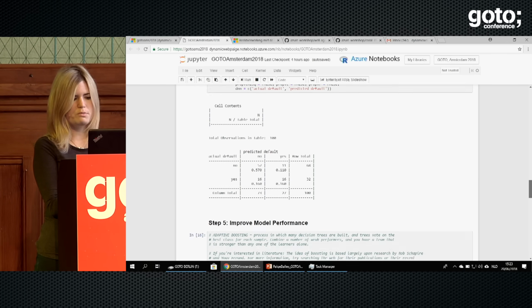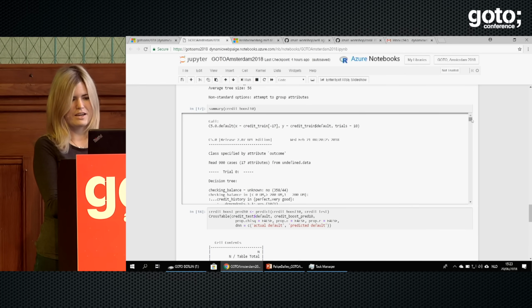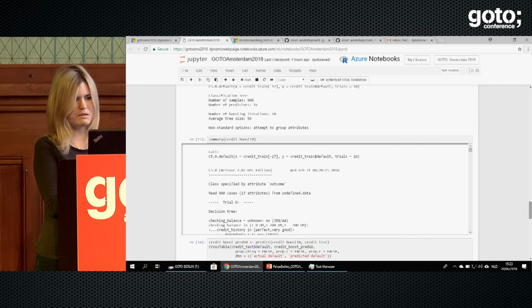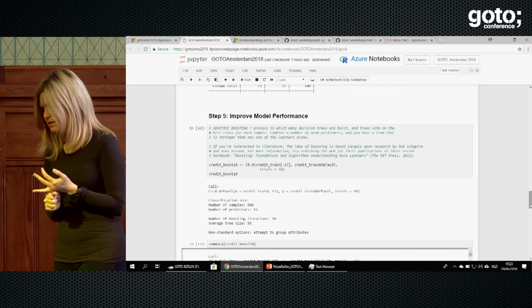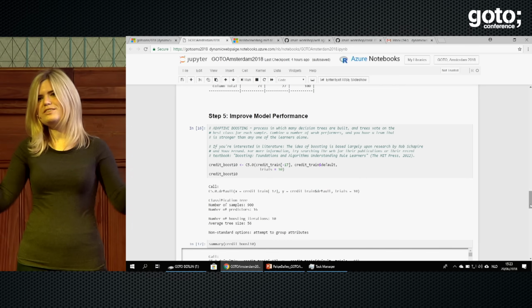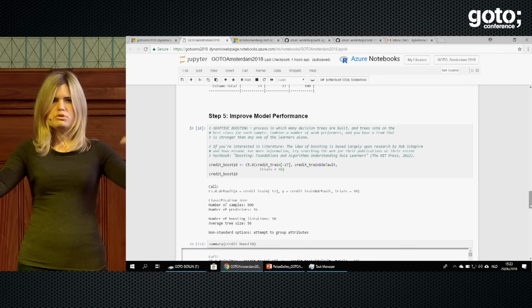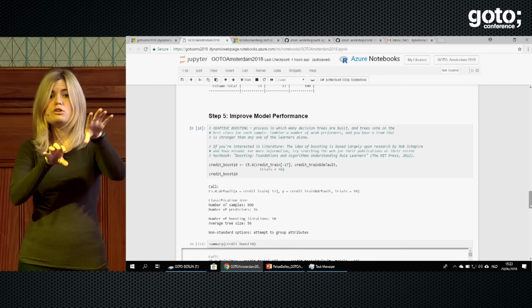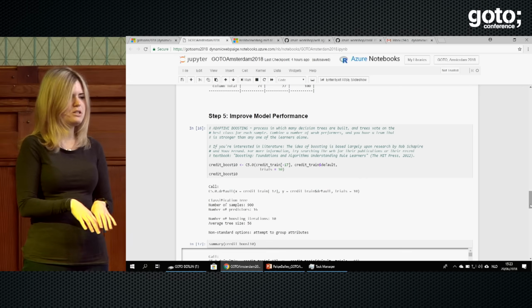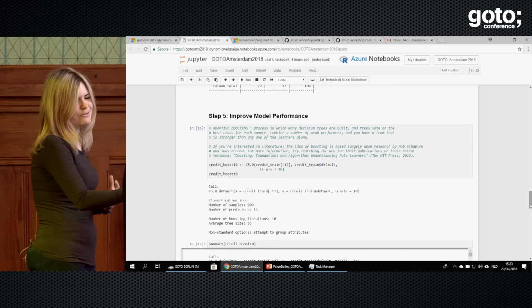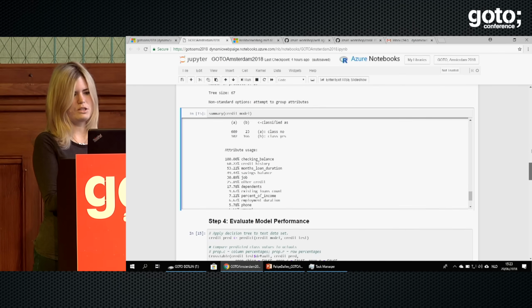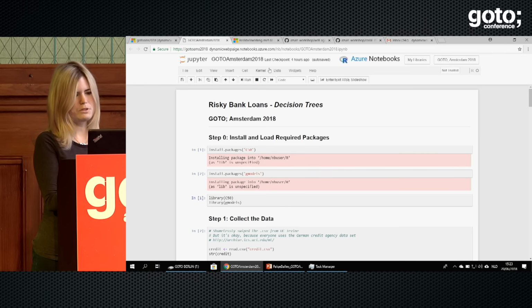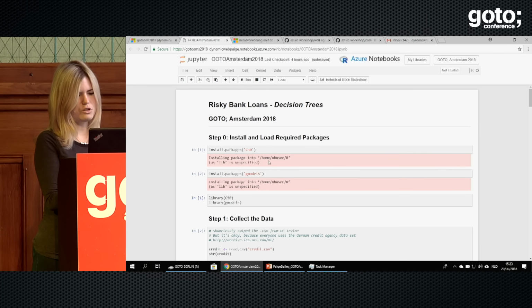If you wanted to improve performance, you could add a whole bunch of models together. This is something called adaptive boosting. So just think of it as, two heads, multiple heads, are better than one. So if you add up a whole bunch of models and pool them all together, you can understand which nodes were more effective and which weren't. And then you build like a super collection of trees, and it can give you even better performance. So that's creating a machine learning model on your own. That is all open source technology, all using Azure Notebooks, and relatively straightforward to do,